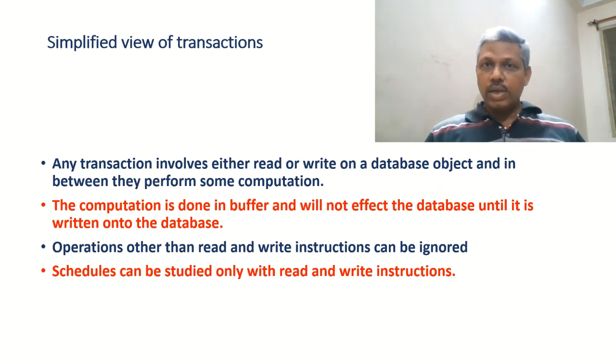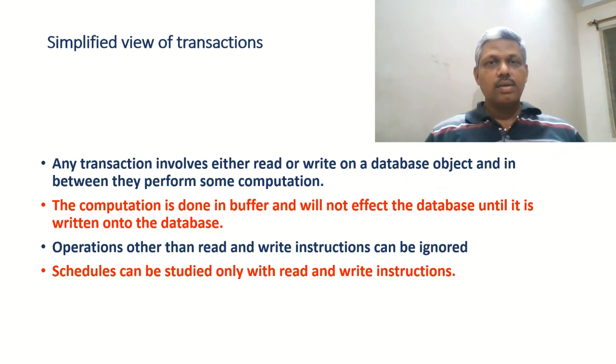So we need to address only those read and write operations of two transactions operating on the same database object. If Ii and Ij are two instructions consecutive in a schedule and they do not conflict with each other, then the result would remain the same even if we interchange the instructions. That means two instructions may operate on the same database object, but if they do not conflict with each other,